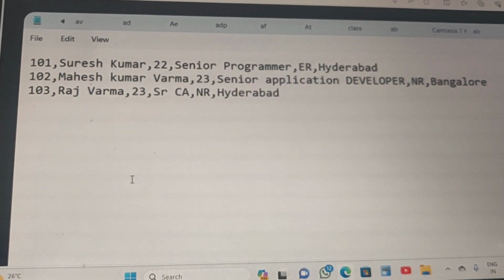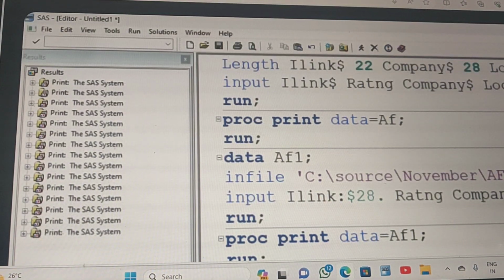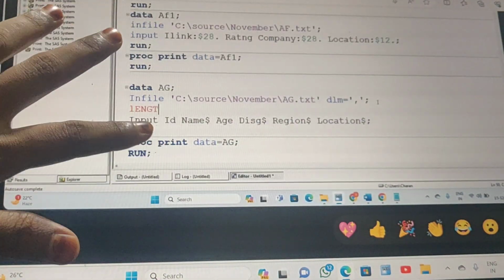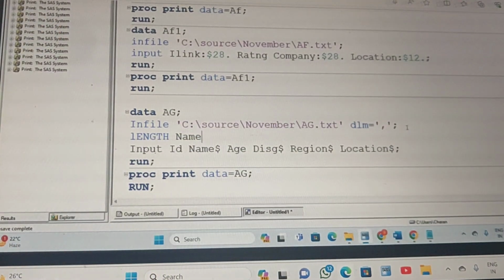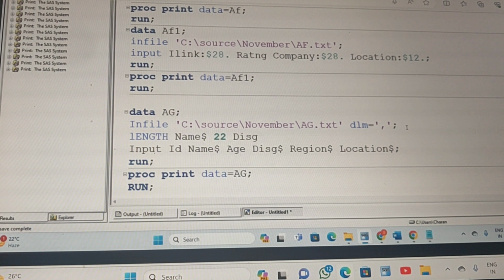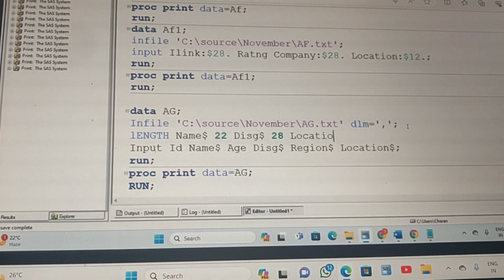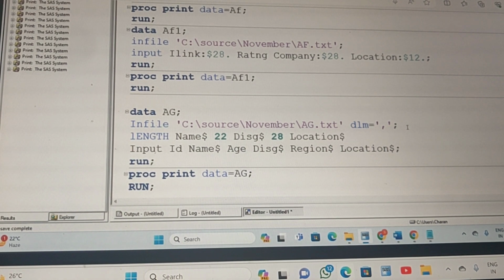So name wise I am using the length statement now. Length name $22, designation separated by spaces only $28, location not separated by spaces, length works even so,